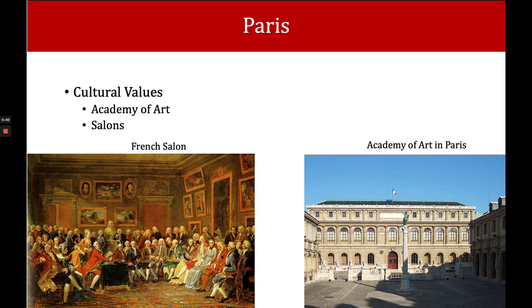Just wanted to talk a little bit about this just briefly. Salons were official annual art exhibits. And so if you were an art person, and here you kind of see a representation of an art salon at the very bottom. If you were an artist, you wanted to go to an art salon to have the art salon accept your work so that it could then be sold.